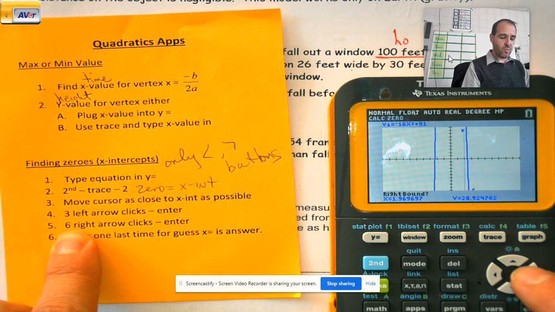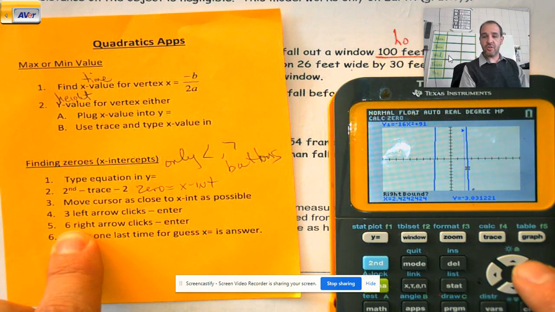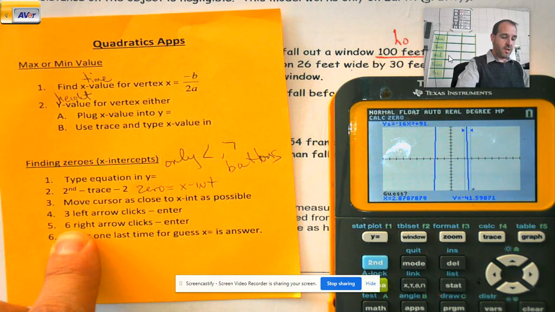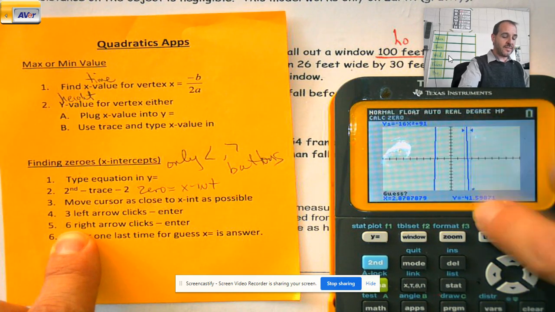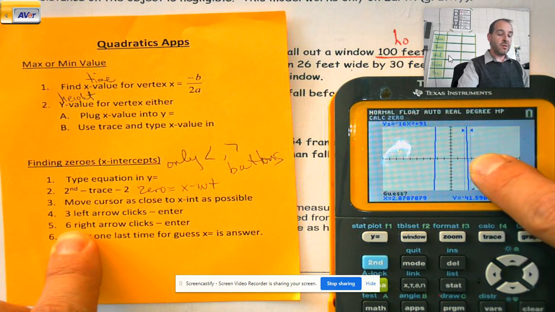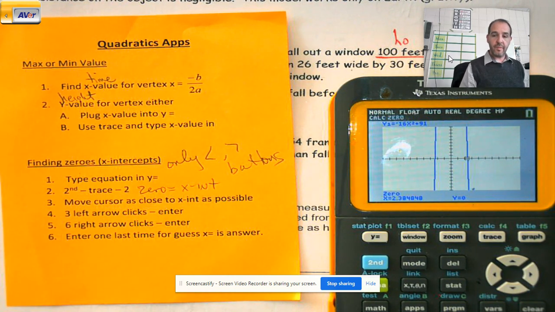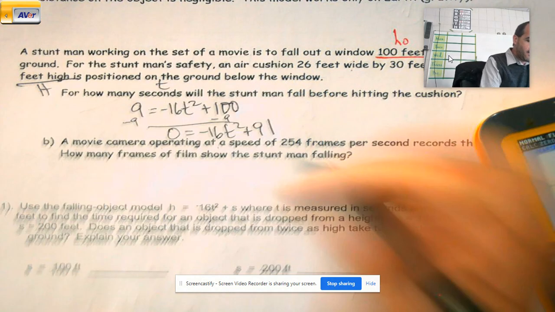6 right arrow clicks. 1, 2, 3. Okay, the cursor's back. Oh, the cursor's gone. 4, 5, 6. Enter. I've put both my boundaries in now to trap my x-intercept. When I hit enter one more time, so approximately 2.38